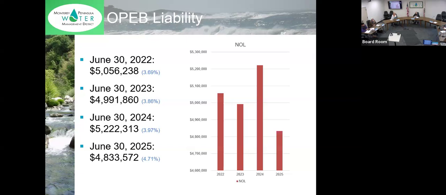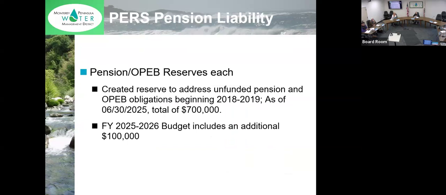So that's the report, and the valuation report is in the exhibit. And yes, we have been setting aside 100,000 per year. We have 700,000 in reserves for OPEB and pension each. And there are other strategies that have been proposed in the reserves policy, but as of now, we have about 1.4 million across pension and OPEB for these liabilities. So that's the report.